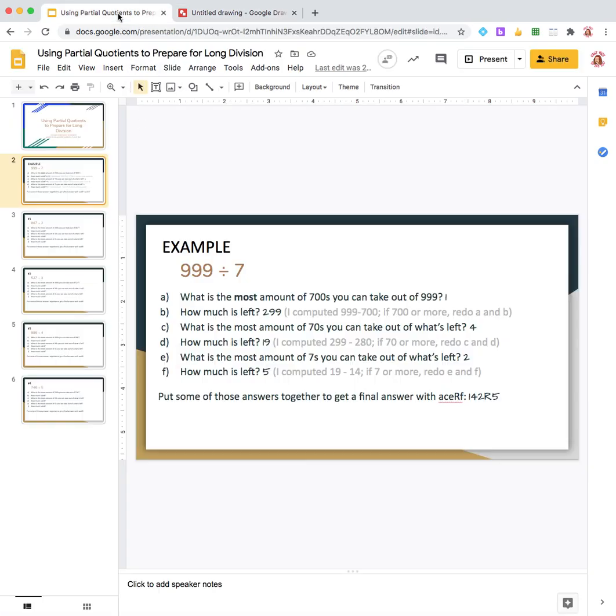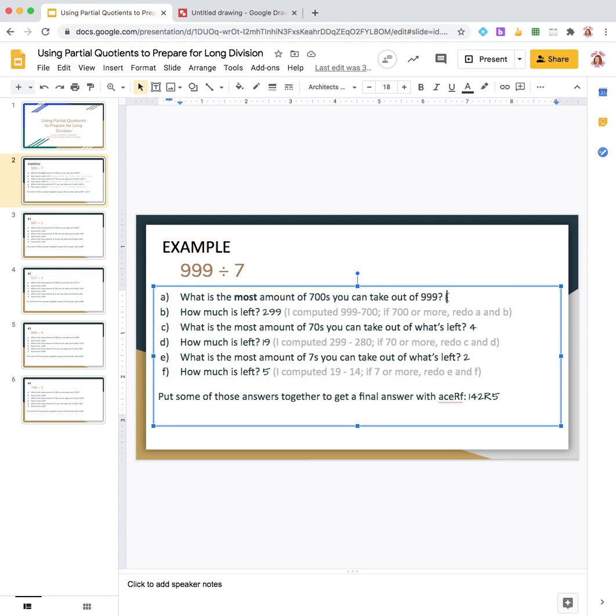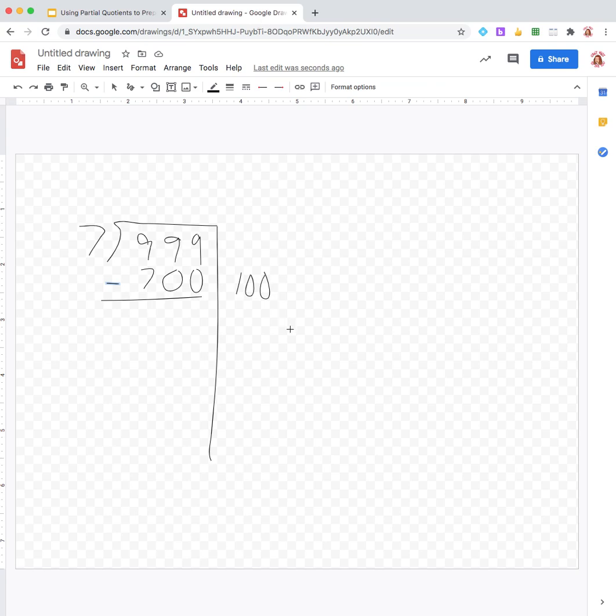So on this slideshow, I'd put 1. I'm taking out one set of 700. On the partial quotients version, I would go ahead and put 100 sets of 7 over here because I'm taking out the one set of 700. Then I'm doing the subtraction, so